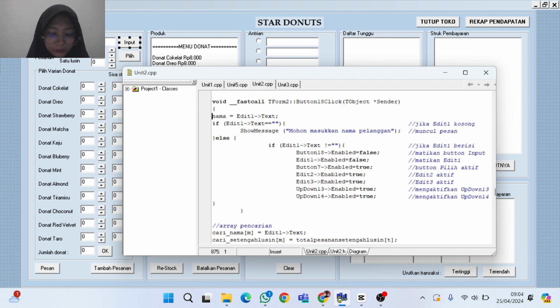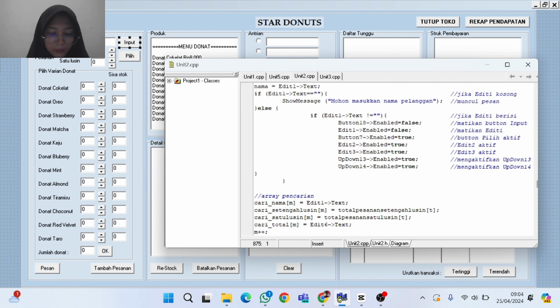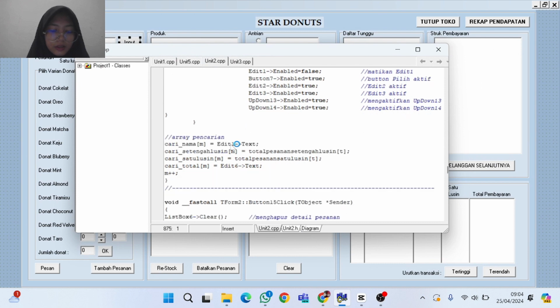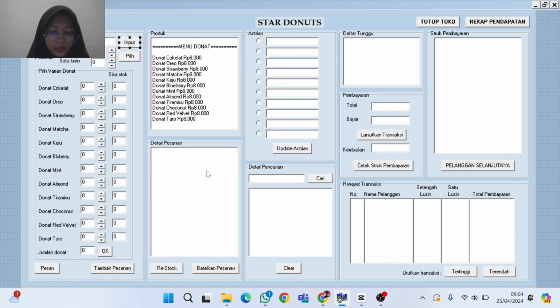Edit 2 is on to fill in the number of pages, and this is up down to fill in the pages, and this is the search array for the search button. Next is button select.